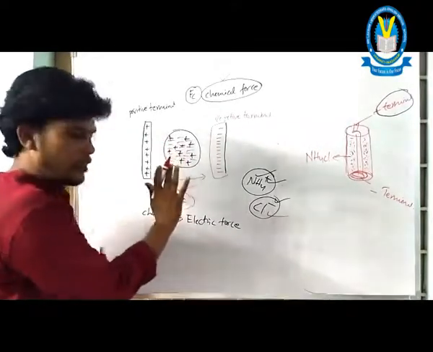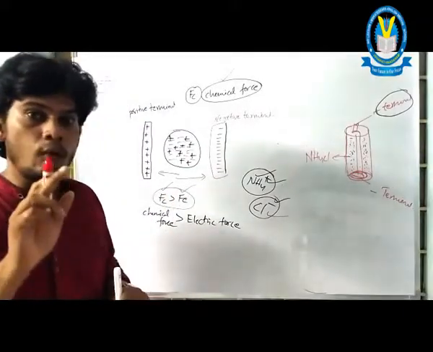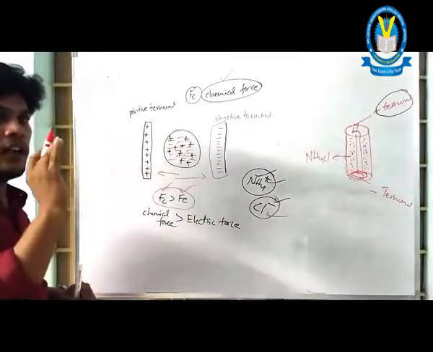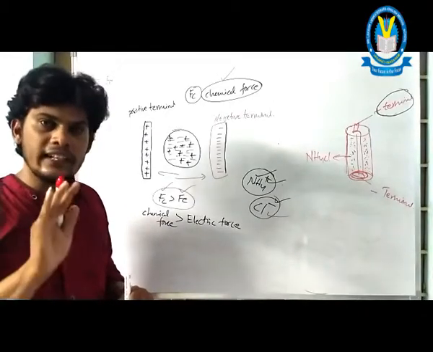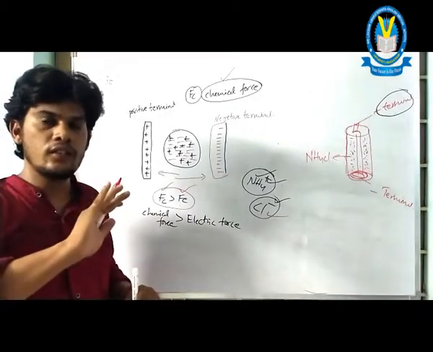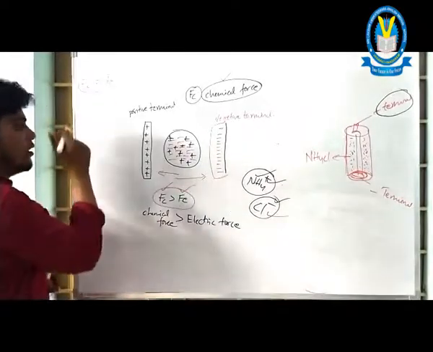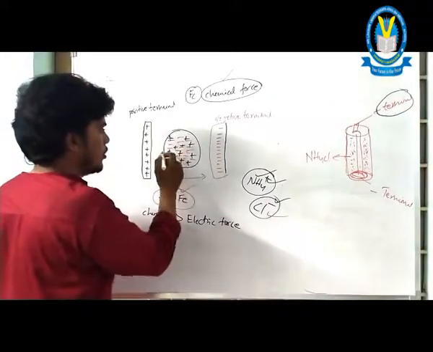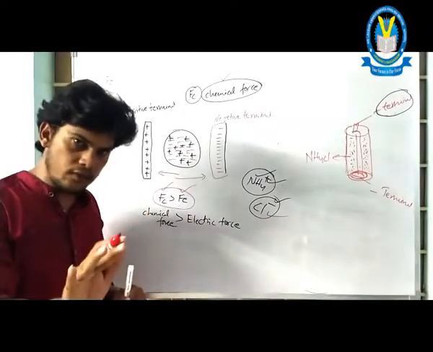This is the situation when we buy a new battery. In the new battery, the chemical force is equal to the electric force, that is, Fc equals Fe. There is no change. This is the situation of the battery we purchase from the shops. So there is no movement of the charges at this time. Are you clear what the situation of the new battery is?